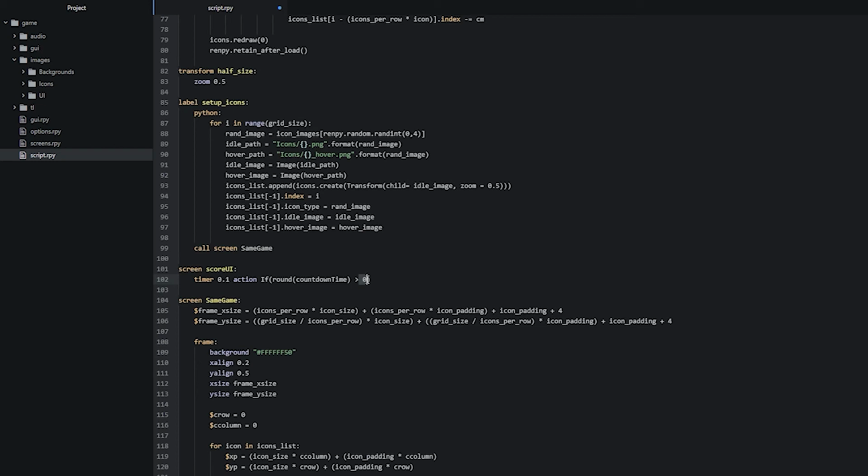So to make it a little bit easier for us, we are rounding this value when we are checking what it is inside of the if statement. So now if this condition happens to be true, we want to do something. So we're going to write a comma here, like so, and then we're going to say true equals. So if this condition is true, then we're going to change the countdown time variable by subtracting 0.1 from